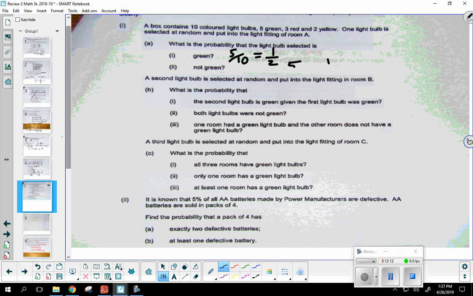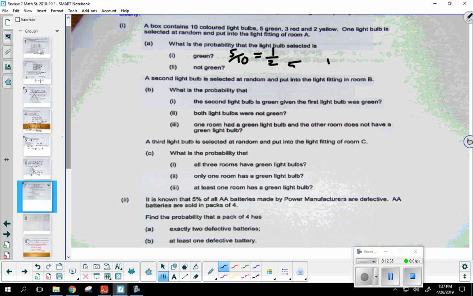Oh, yes. Okay, the wording is confusing me, because it says a third light bulb is selected to put into the light fitting of room C. So it's talking about, I guess, the socket, the housing. What would you call it? Is that where you screw the light bulb in? I don't know. I know, but it says all 3 rooms have a green light bulb, so why is it still technically